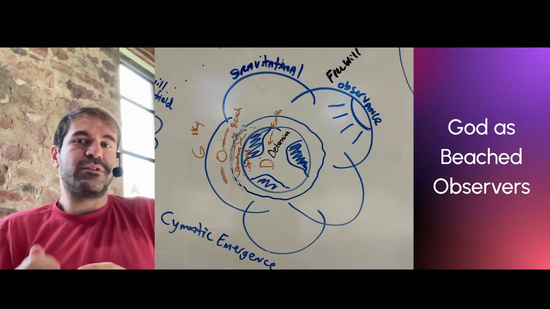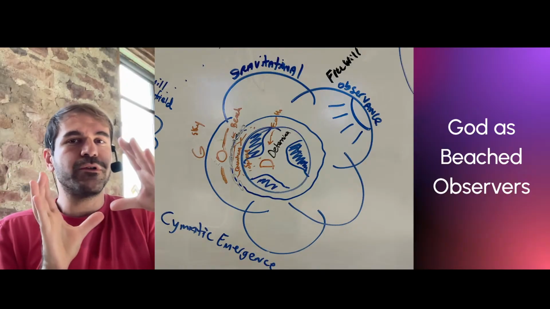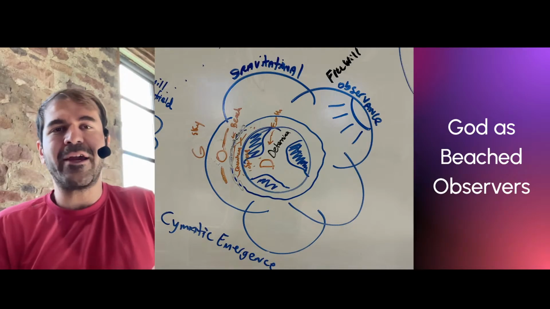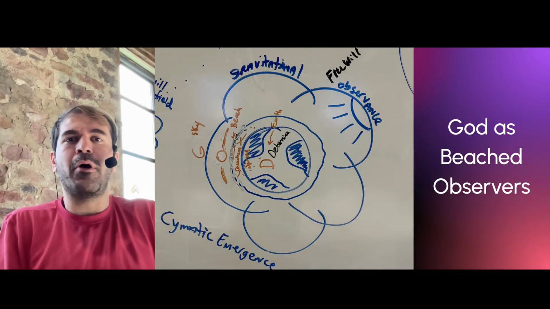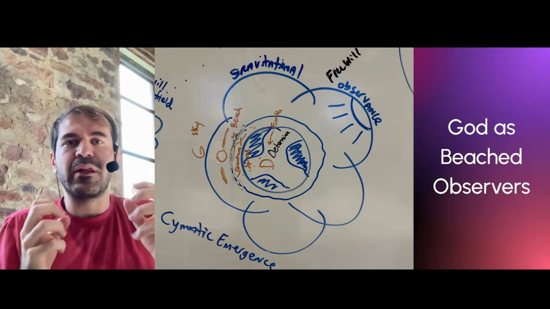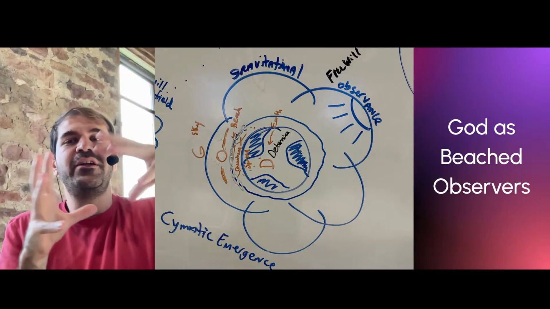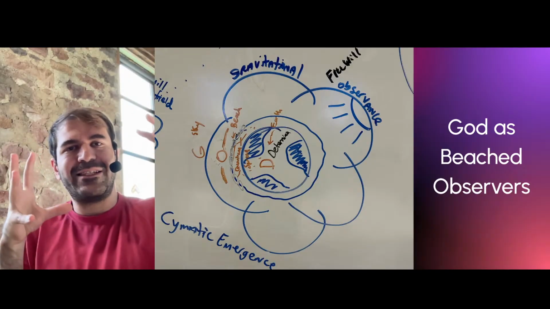So we're talking about that. Those beached observers are like a connectome. A connectome is like a wiring diagram, and you typically have one in a brain to map neural clusters or cognitive clusters to one another. And this is a really good way to also visualize it around the world as well,